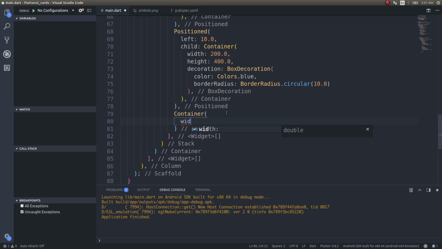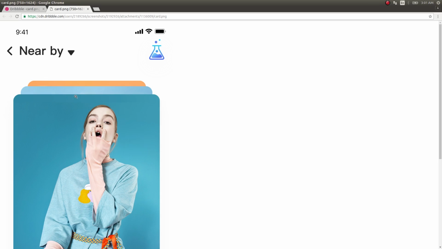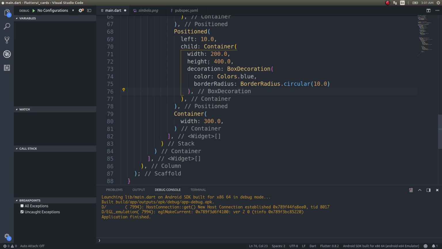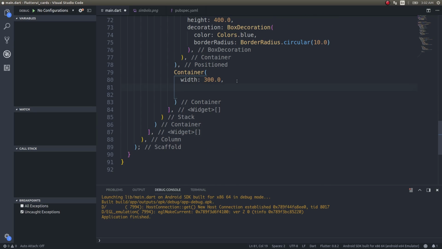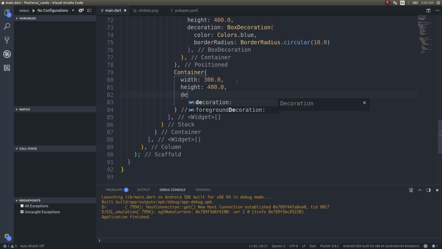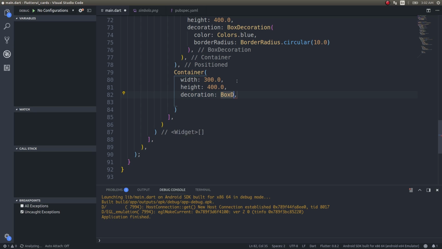with, we give 300 for this. This is obviously bigger, but 300 and 200 are too. Change this to 280. We'll change this to 260. 300 and height 400.0 and decoration once again box decoration,